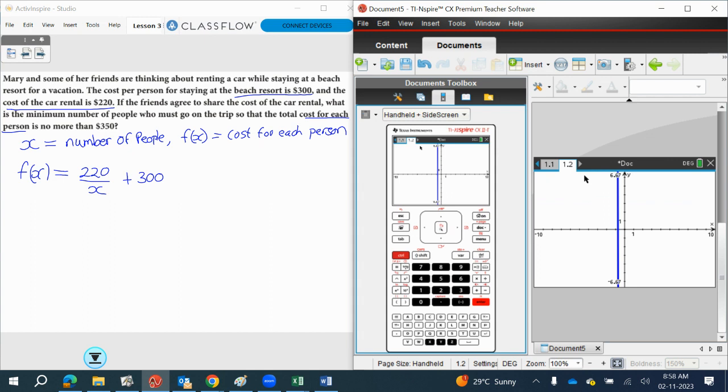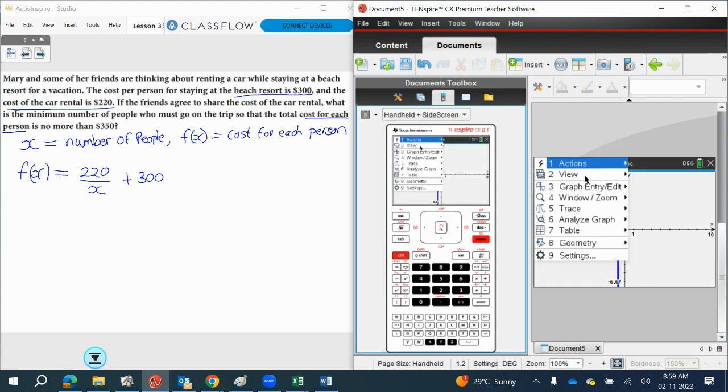520. Yeah. Is it going to cost less for more people? Yeah. So the maximum value we need is about 520. Can we have 0 people? No. You can't share the cost of a car between no people. Can we have a negative amount of people? No. No. So these questions help us figure out what the first step to do is how to adjust our